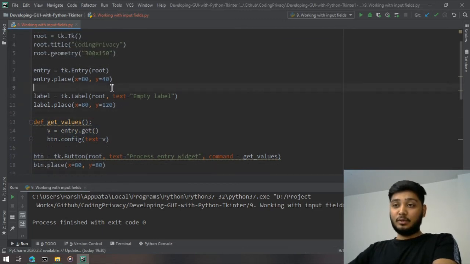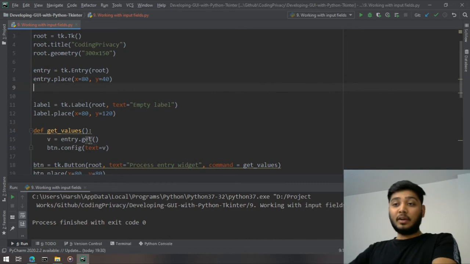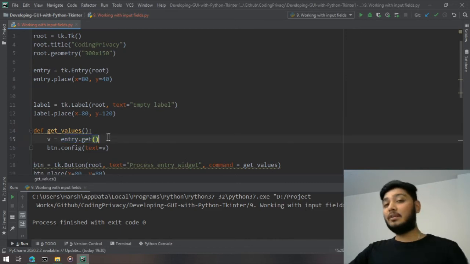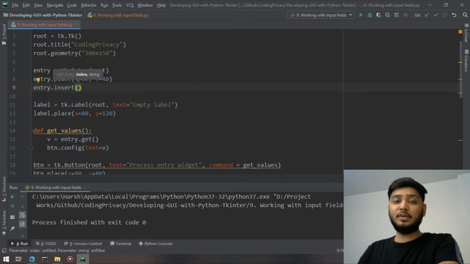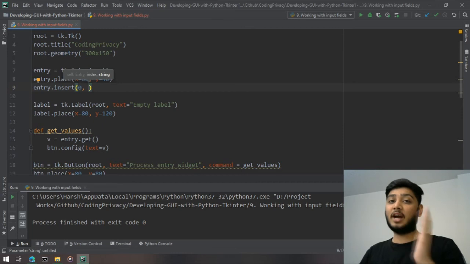What you can do next is, you've already seen how to get the value from the entry widget, but what if you want to place text initially? What if you want the entry widget to say "enter the username" from the start itself? You can do that using the insert method. There are two parameters that you need to provide. The first one, as it says, is the index. I'll put 0 because I want my text to start from 0.